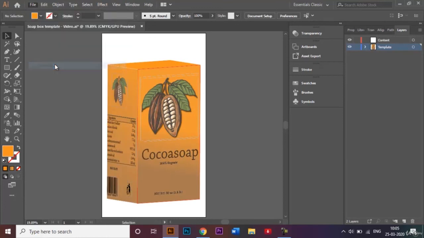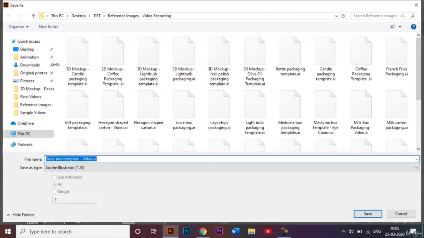And I'm going to go ahead and also save my file now since we are done. I'm going to click on Save As. So by default, my file name is going to be the same as my document name, but I'm just going to change this a little bit, and I'm going to add here 3D mockup of my soapbox template, and my save as type is going to be Adobe Illustrator. I highly recommend that we save a file in this format so that in case I want to make any further changes, I can easily do that by accessing my AI file. And I'm going to go ahead and click on save,